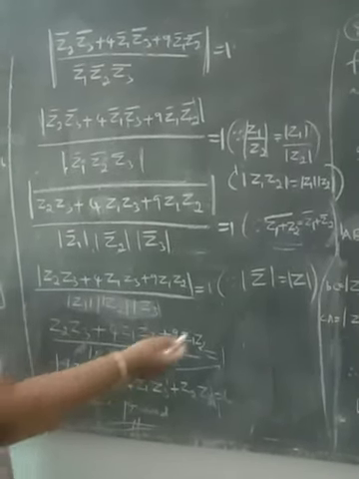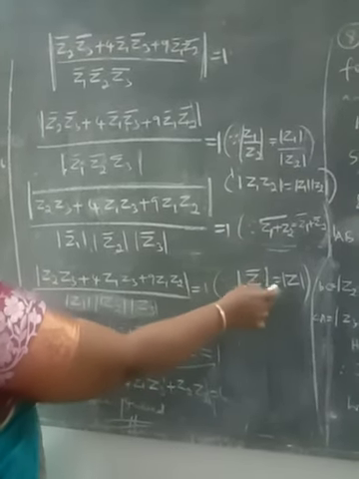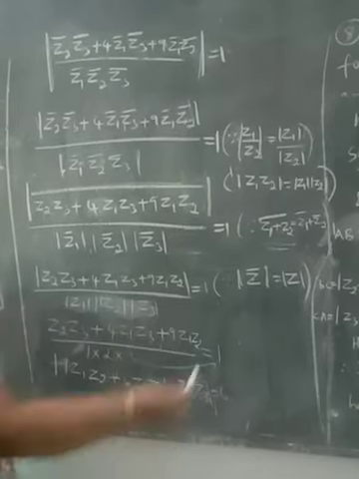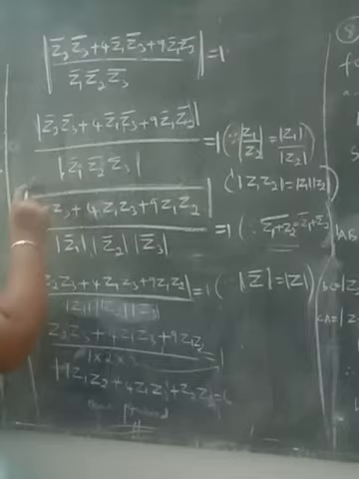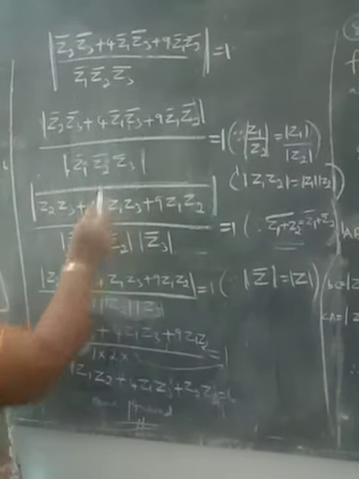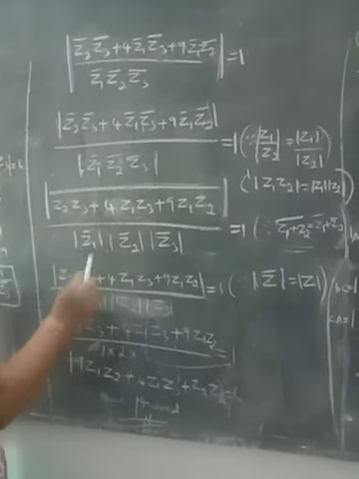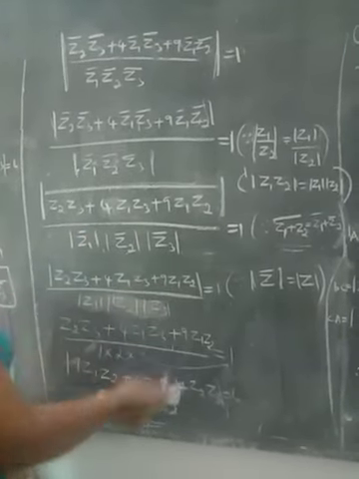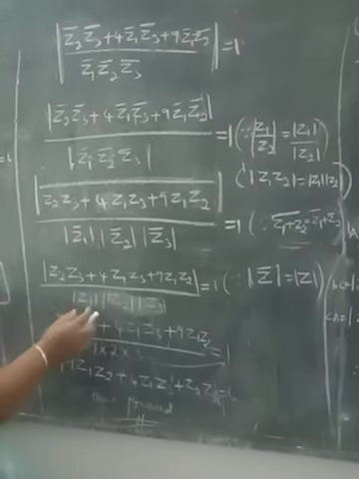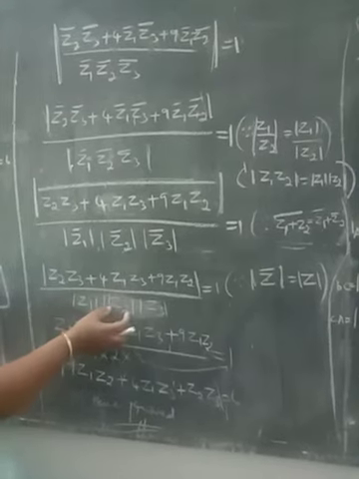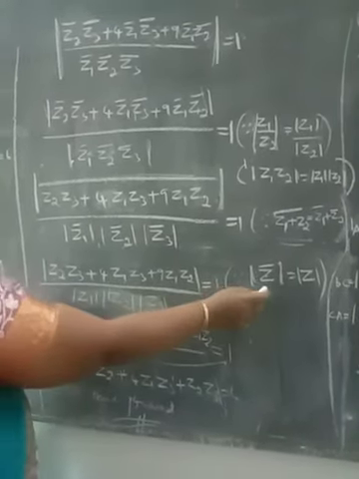Then already in previous classes you have learned this concept also: modulus of Z bar is equal to mod Z. Mod Z bar equal to mod Z. So this is considered a single complex number. Then modulus of Z bar equal to what? Mod Z. So this is nothing but modulus of Z2 Z3 plus 4 into Z1 Z3 plus 9 into Z1 Z2. Similarly, this is mod Z1 bar equal to mod Z1, mod Z2 bar equal to mod Z2, mod Z3 bar equal to mod Z3. Why? Using this property.